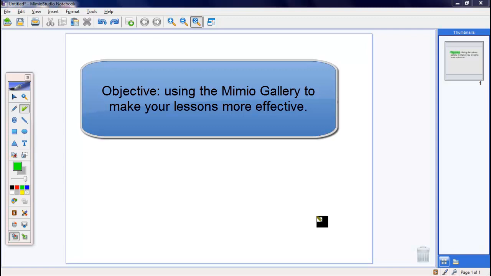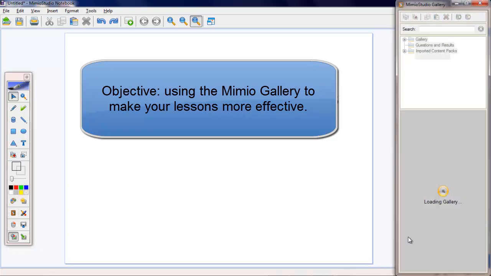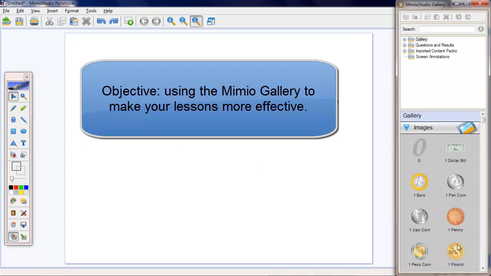What we're going to do today is work a little bit on how to use the Mimio gallery. The Mimio gallery function is very simple. It's right here off of that toolbar on the left. As soon as I click it, something pops up over in this area. Once it's popped up, you're going to see that you have gallery, questions and results, imported content packs,